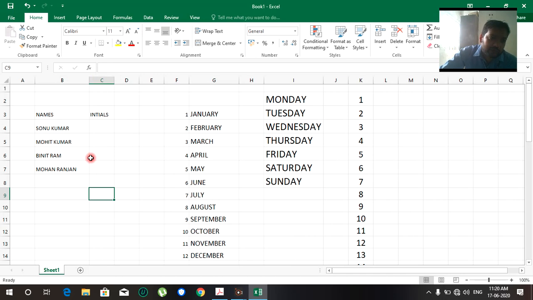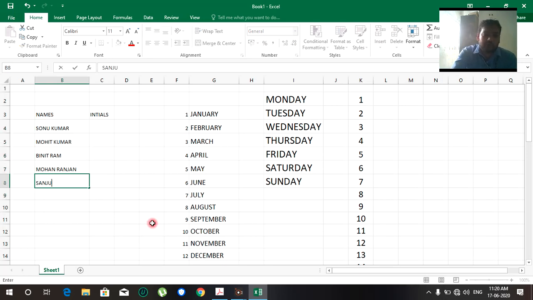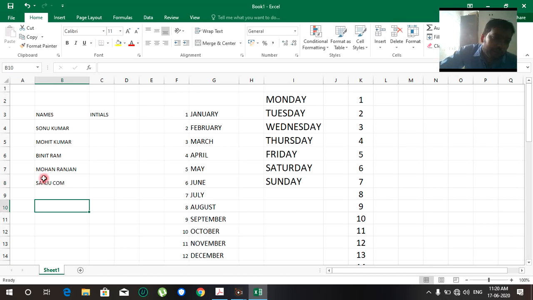Now six names have been written and inserted. Flash fill is a pattern way: whatever pattern we initialize is followed by flash fill.